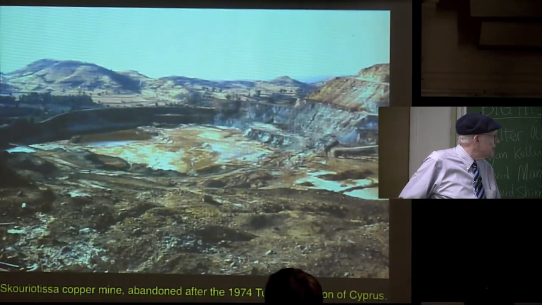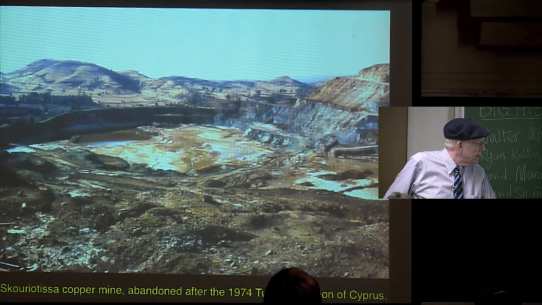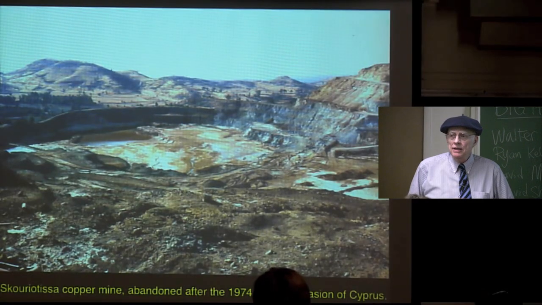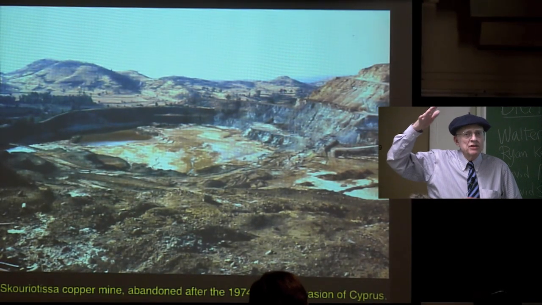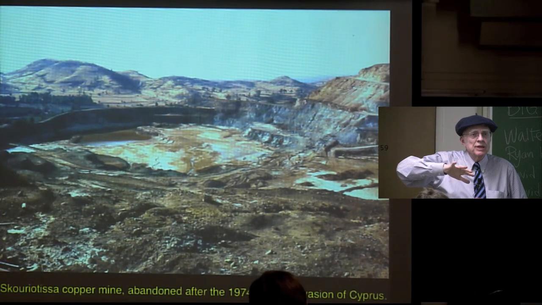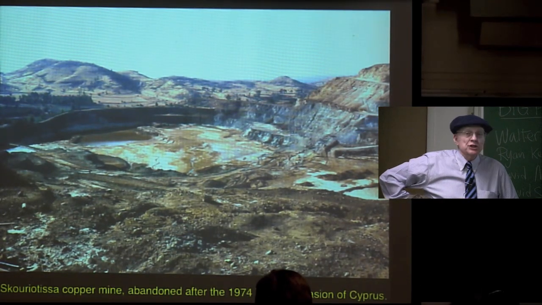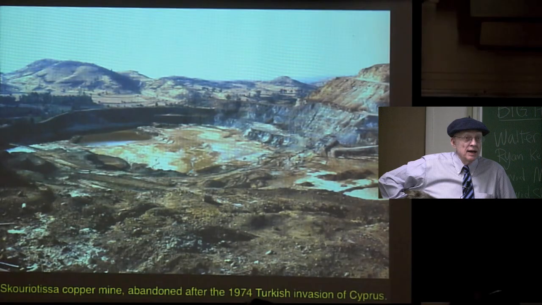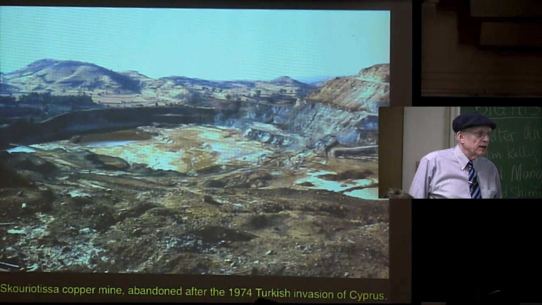So Skouryotissa, here is what it looks like, or what it looked like when we were there in 1990. It had been very active until the Turks invaded Cyprus in 1974, and the dividing line between Turkish Cyprus and Greek Cyprus was very close to Skouryotissa, so the Turks could have shelled this anytime they wanted to. You couldn't work it anymore, it just was too dangerous. And so it just sat there as it was, and we had a chance to go with Eldridge and with a man named George Constantinou, who was a Cypriot